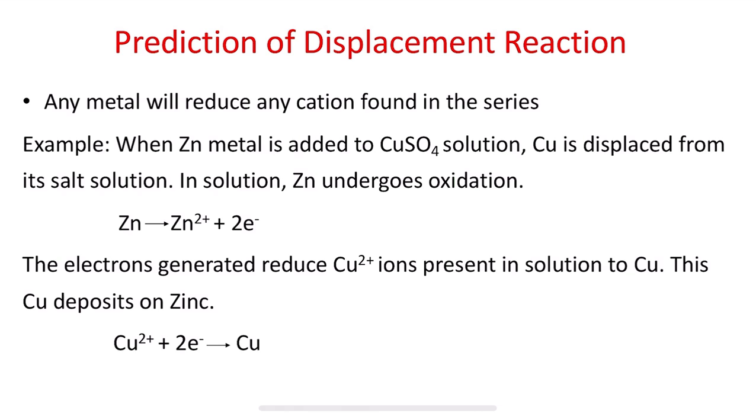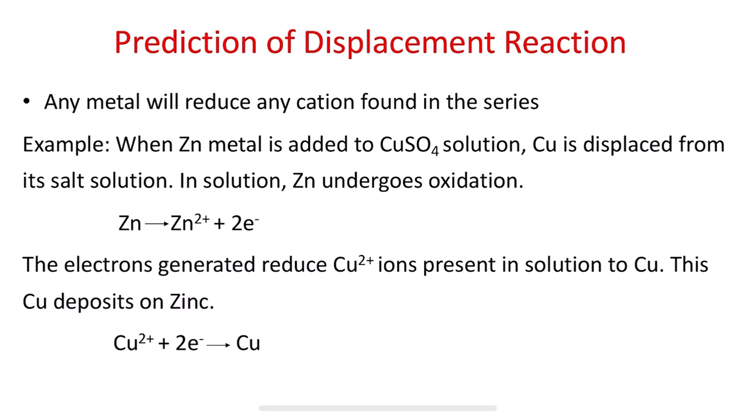So the overall cell reaction, what happens? The reduction is going to take place at the nickel electrode which has been connected, so the nickel is going to get reduced. Here zinc is the reducing agent and it reduces nickel ions, that is Ni2+ ions, to Ni. At the same time, Ni2+ ion is a strong oxidizing agent and it oxidizes Zn, that is zinc,